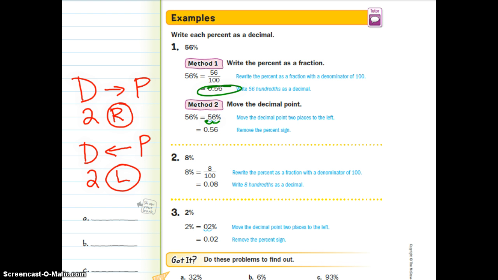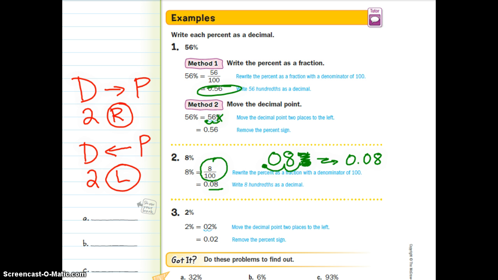1, 2, put your decimal, get rid of the percent sign. 8%. Now this is where people get confused. You have to put it over 100. So it's 8 hundredths. That means you have to ensure that you do 2. So again, it's easier if you write 8.0%, 2 bunny hops to the left, cross out your percent, rewrite it